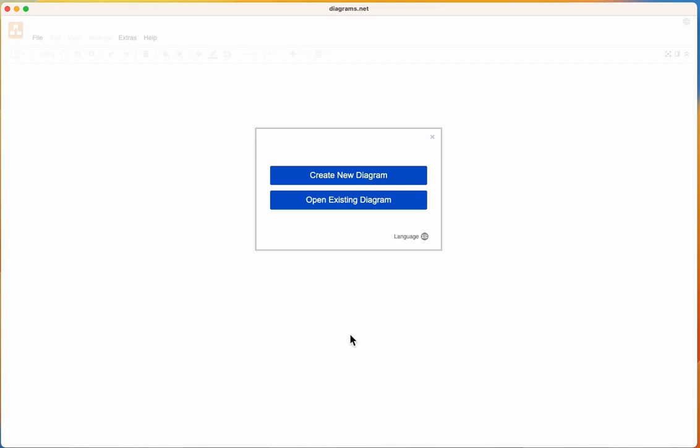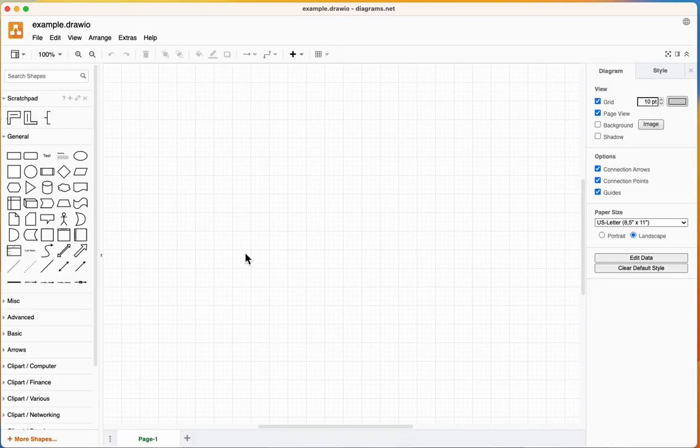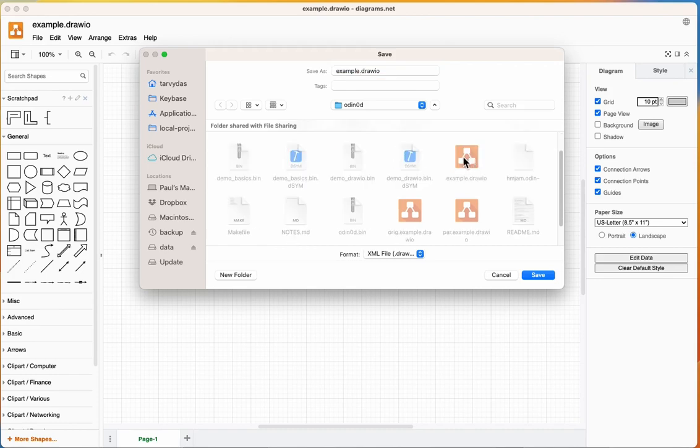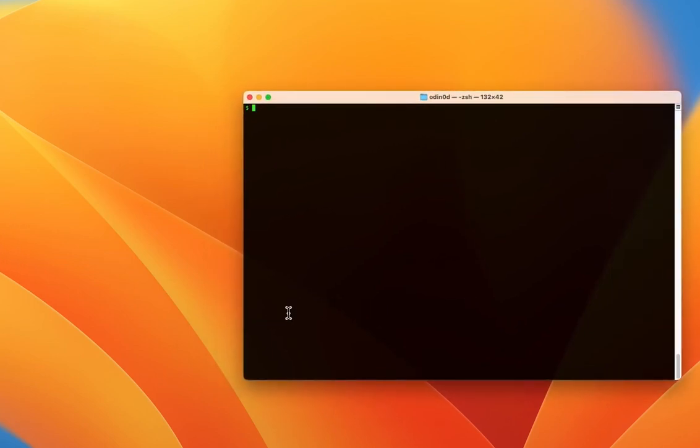Open draw.io and create a new diagram. It needs to be called example.draw.io. It's blank. And then we save it, Control S, and we're going to save it in here, example.draw.io, in this directory. And we need to make sure that the